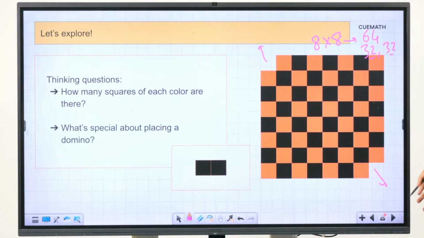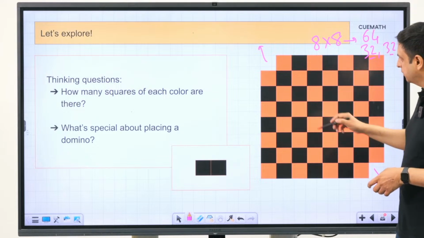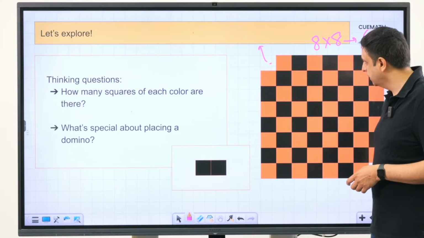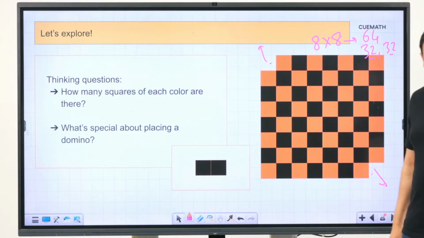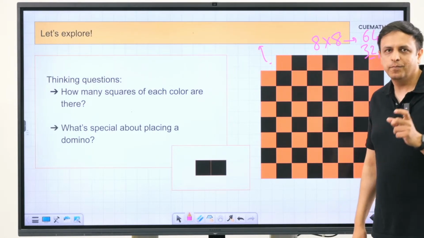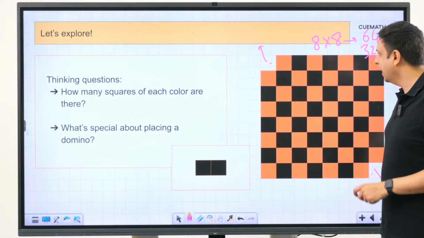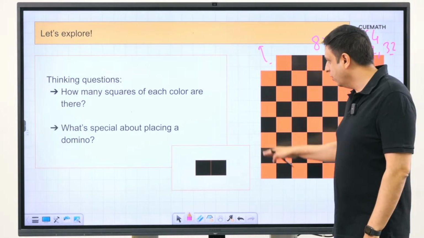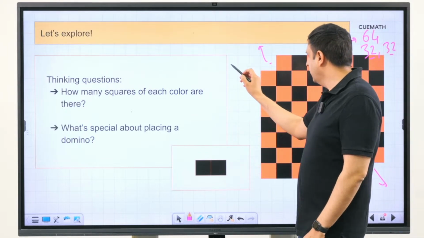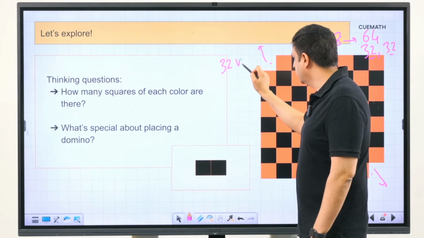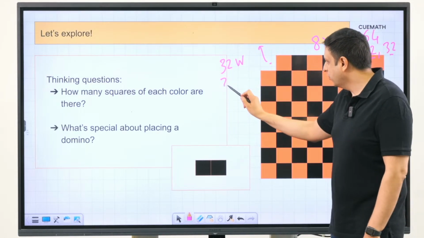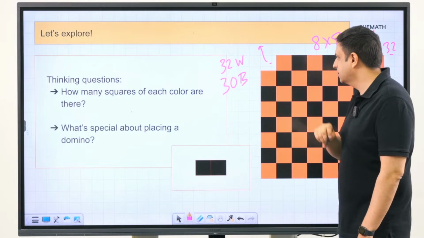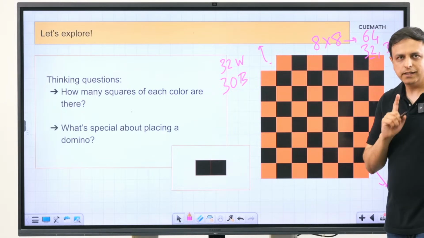of squares now? So which colored squares have you taken off? There should have been a black square here, and there should also have been a black square over here. So what you have done really is you have taken out 2 squares of the same color. So you have taken out 2 black squares, which means that now on this broken chessboard you have 32 white squares, or red squares, whatever this color is, but you have only 30 black squares left now. So that's the key insight here.